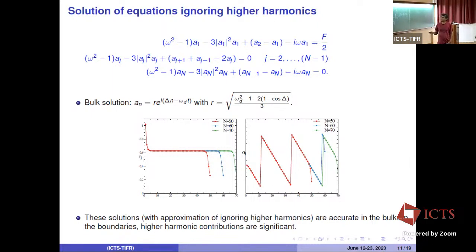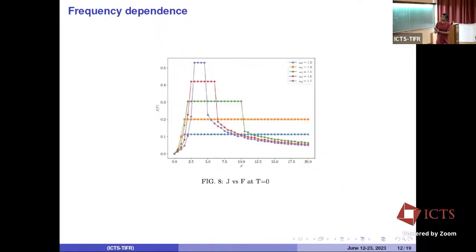And this is the phases. These are the amplitudes. So this is the solution R. I'm plotting R as a function of sites, and there's a phase delta which is plotted here. Okay, so this is again looking at the frequency dependence of this phenomenon. As you increase the frequency, you find that this regime goes down and the transition points also change. At low frequencies, it survives for a much longer regime.